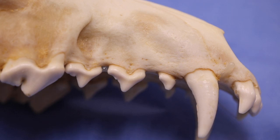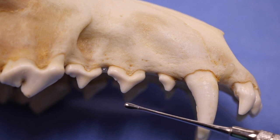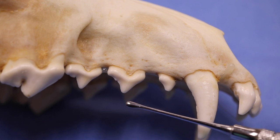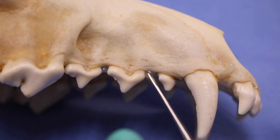A couple of important points when we're using a periosteal elevator. Number one, your periosteal elevators are going to have a double-ended function to them. One's a smaller end, one's a larger end. This is a small end of the feline periosteal elevator, and this is how it's positioned on the patient with